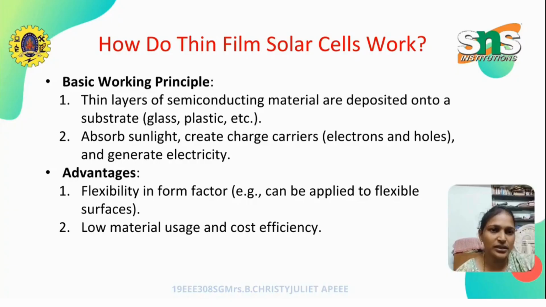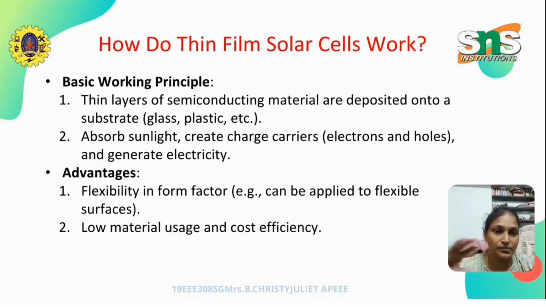So this is the thin film solar cells. We have a glass substrate, below which you have the conducting materials which are etched in a thin film. So it is like a process of etching. You don't have a thick layer of semiconducting material, just a thin layer, above which we have a glass